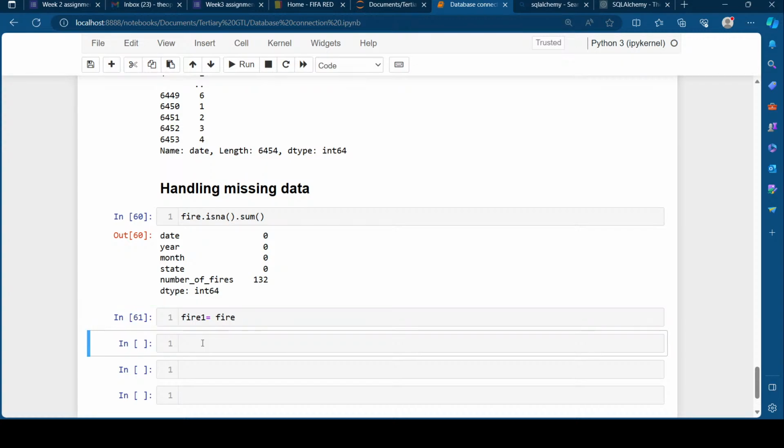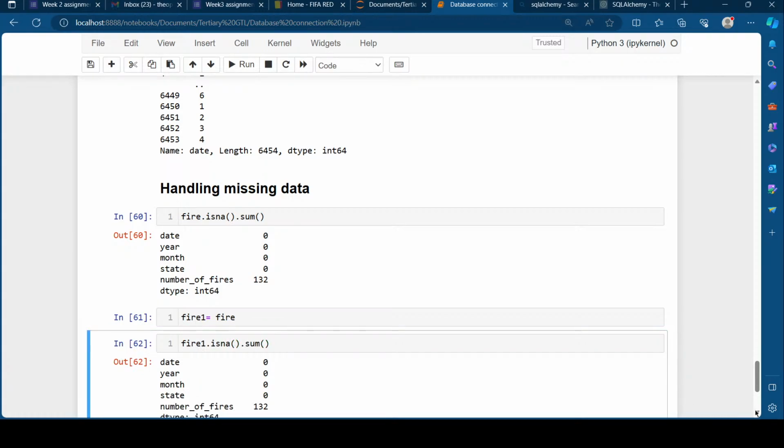So yes, let me use fire one. fire one dot isna, the same thing, dot sum,